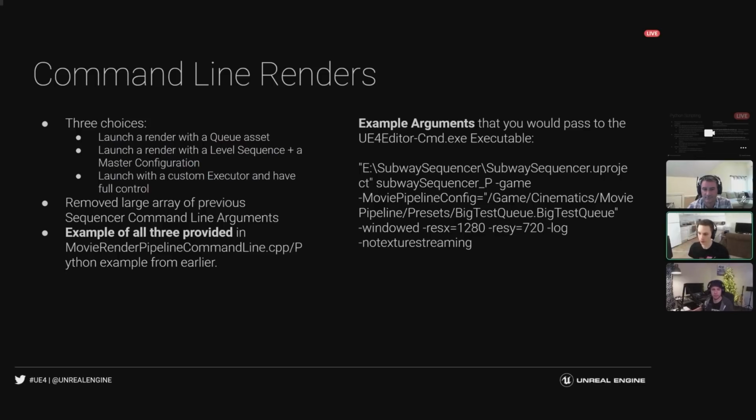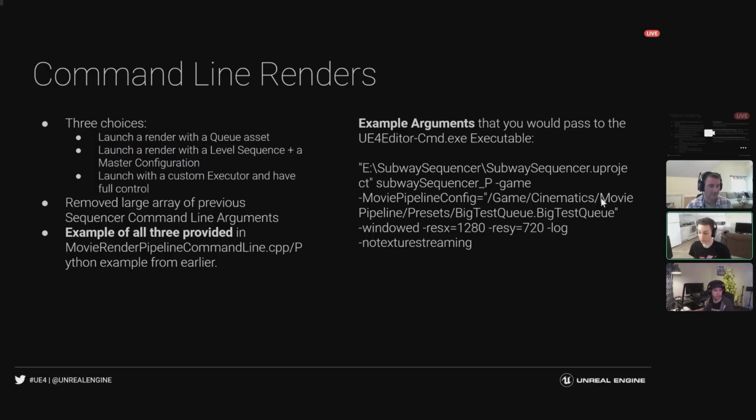Okay, so command line renders. There's 3 different options that you can use when you're doing a command line render. One of them is that you launch it with a queue asset, which we have over here on the right. And you can see how simple this is: you specify your uproject, you specify a map, you specify the path to the queue, and that's all you need to get all the settings that are in that queue.